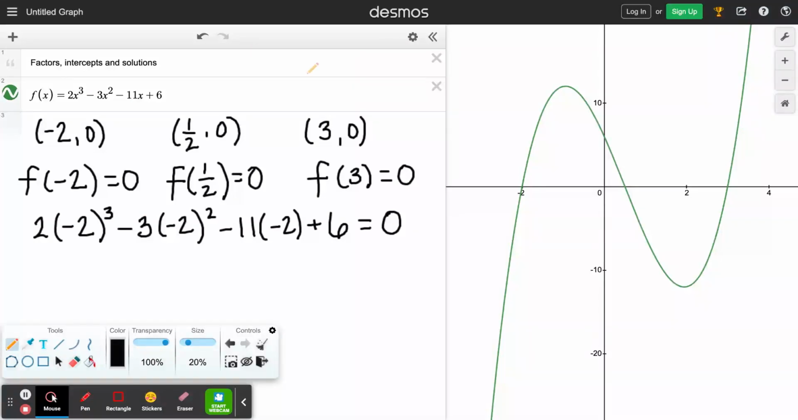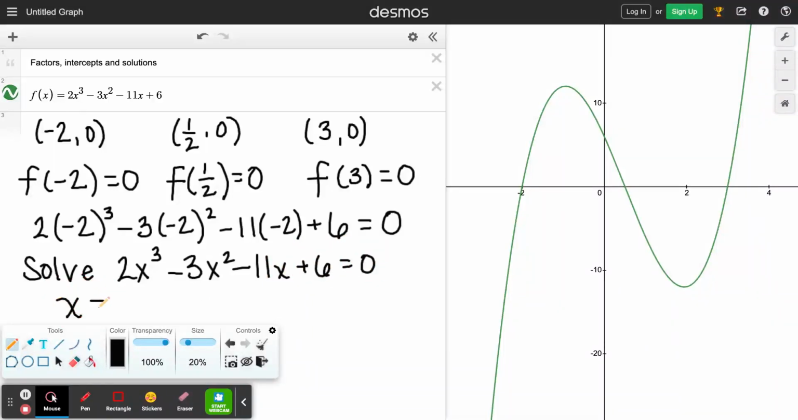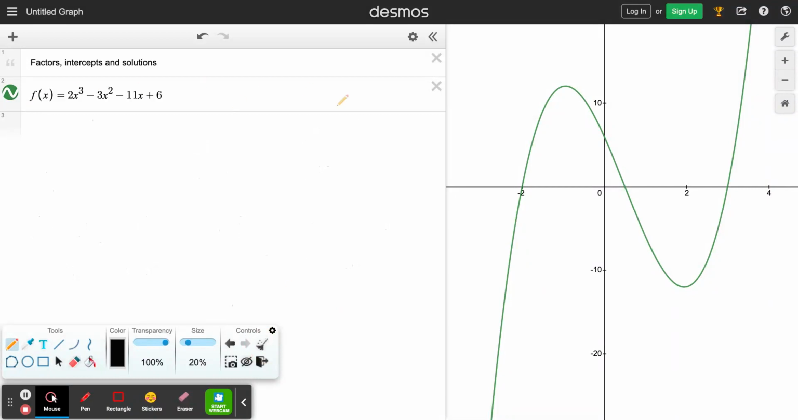Therefore, if you were asked to solve the equation, the solutions are x equals -2, positive 1/2, and 3. Okay, so far we have the x-intercepts and the solutions if the equation was equal to 0. The last thing that we need to do is put it into factored form. So let's just, one more time,